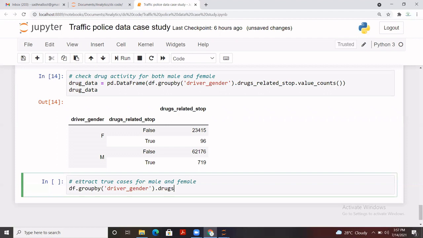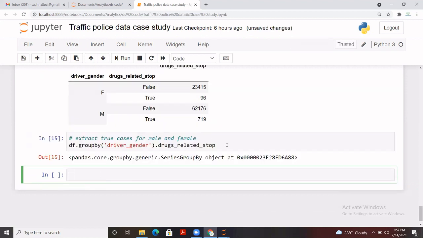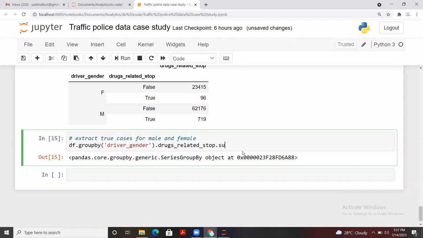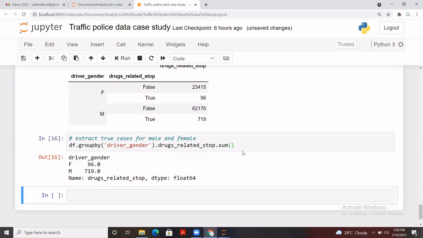So I'm going to pass drugs_related_stop. Once you run it, I just need a sum of this value, so I'll pass the sum function and run it. Here I can see that for female there are 96 cases and for male there are 719 cases.